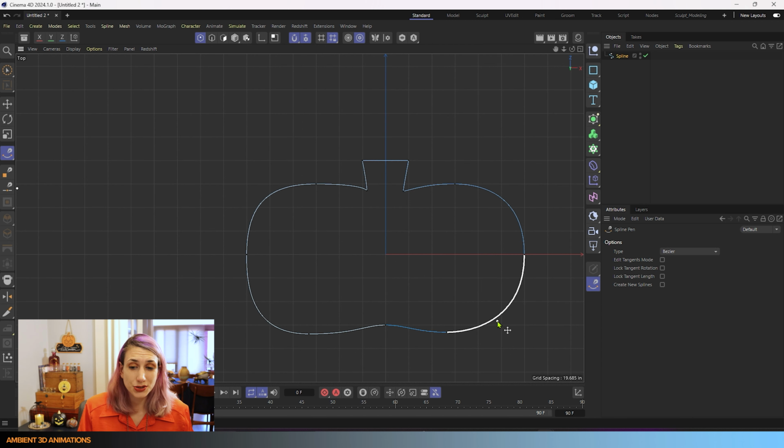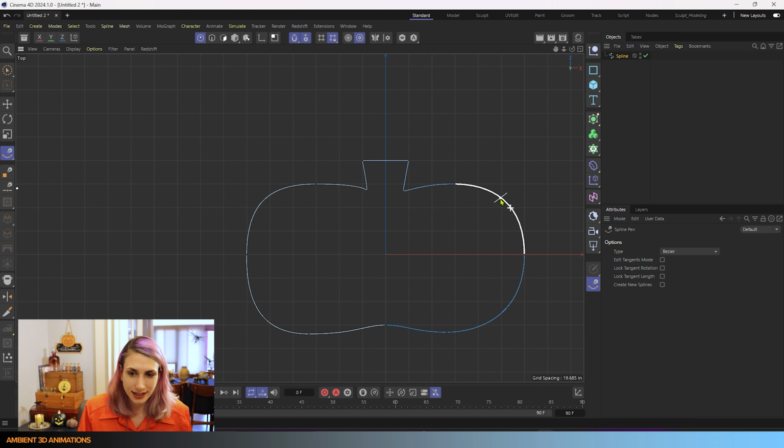If you hold down Control, you can actually add a point to your spline. So here I'm holding down Control. Make sure that you have the spline pen still activated while you're doing this. And you'll see this line show up. And you'll only see this line show up if you actually have the spline pen activated. So if you accidentally deactivate that, you won't be seeing this line here. Make sure you're seeing it.